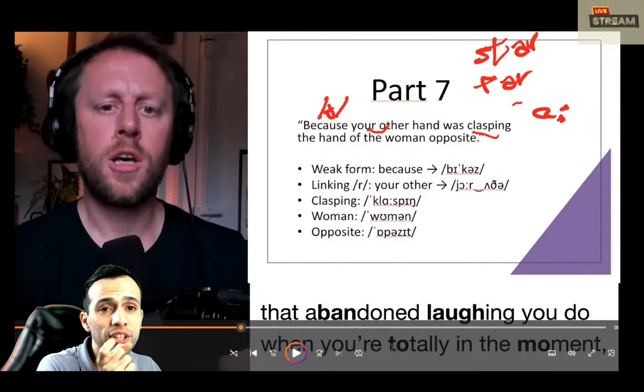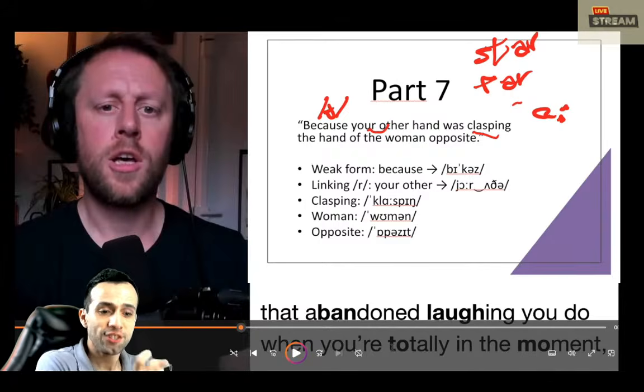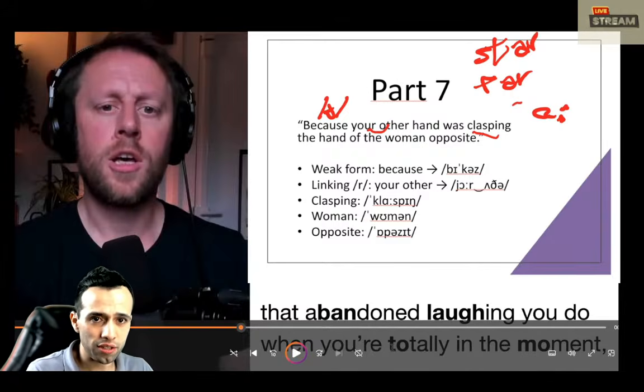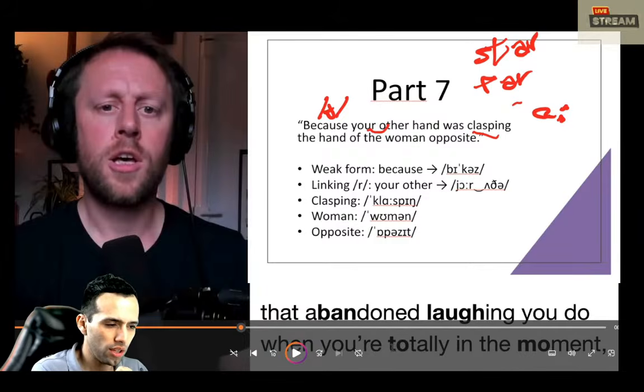Of course, the R there is not as strong as at the beginning of a word in English, as in words such as red. Here it's softer. We say your other, your other hand, your other hand was clasping. Okay, your other,